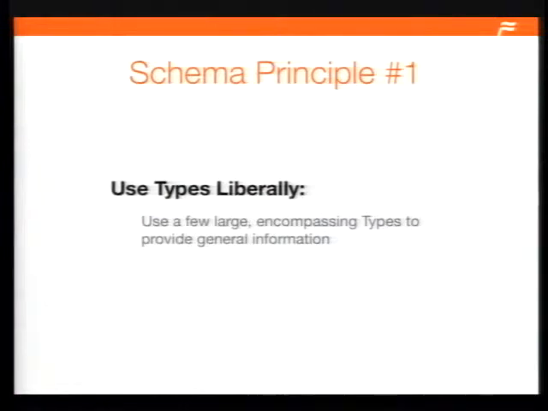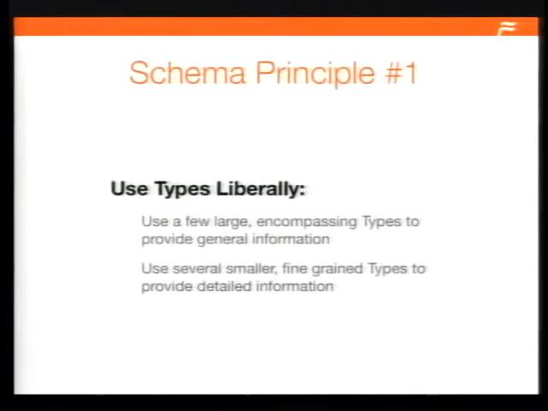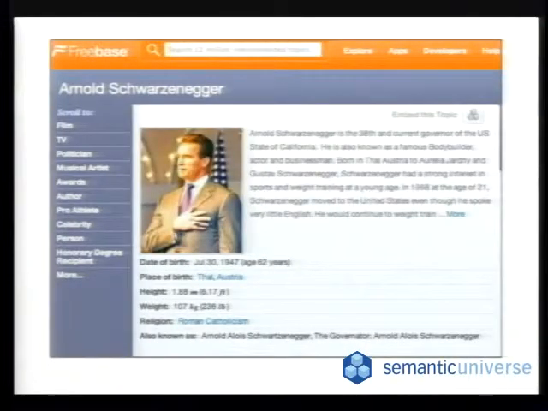We use a few very large types that are very encompassing, and the idea is that this provides some general information. It says this person is an actor. And then we have some smaller, fine-grained types to provide much more detailed information. In fact, this person is an actor, and he's also a member of a bunch of other much larger categories, but he's also an honorary degree recipient, and he has a couple of other interesting things in terms of being a restaurateur, and it gets to the fine-grained categories that Arnold